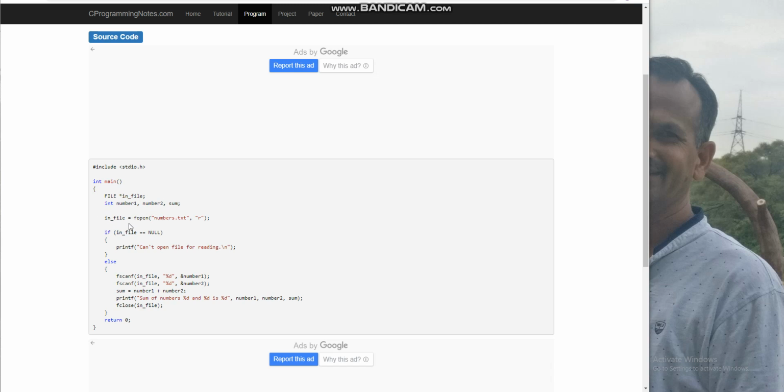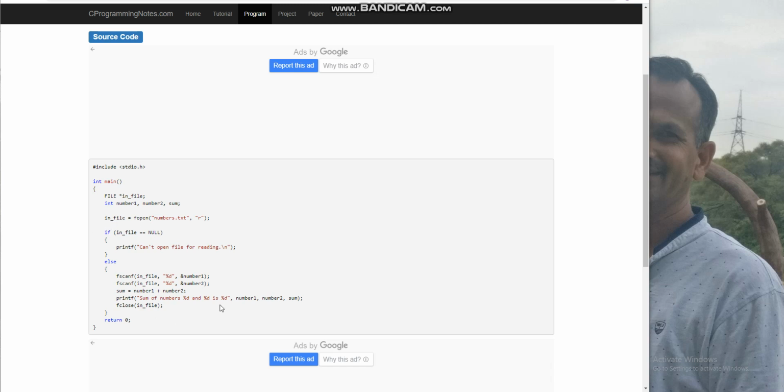Now this is the name of the file, number. So data is already stored in this file. We have to read the contents from this particular file. Because we have to read data from this file, R mode is required. W mode is to write data into a file, R mode is to read data from a file.